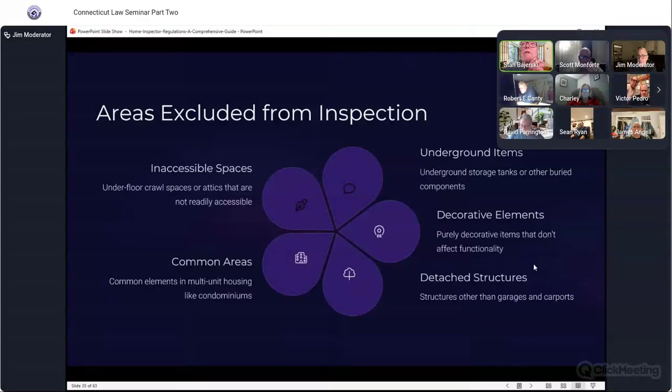Underground items, underground storage tanks or other buried components. That's why we need to look very hard in the basement. Anytime I look at the age of the house, if it's an older house and it's on gas right now, I look extra hard for evidence of buried oil tanks. Decorative elements, purely